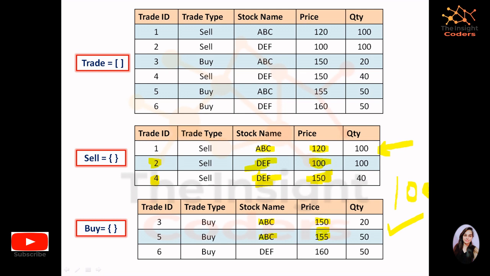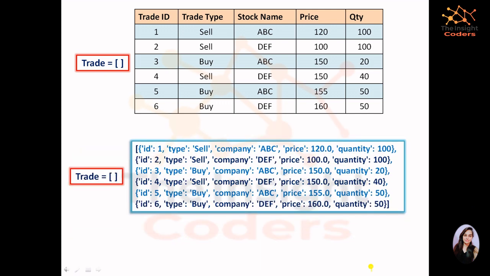Okay, so these are the exceptional cases. In these cases, firstly the person wants 100, but we'll be checking for the latest price, the last price, and the last price is 150, right? So we'll be checking for 150. I'll tell you how to do that, and we have to check, is the person giving greater than 150? Yes, he is. So that means he can purchase it. So let's just see how we are doing.